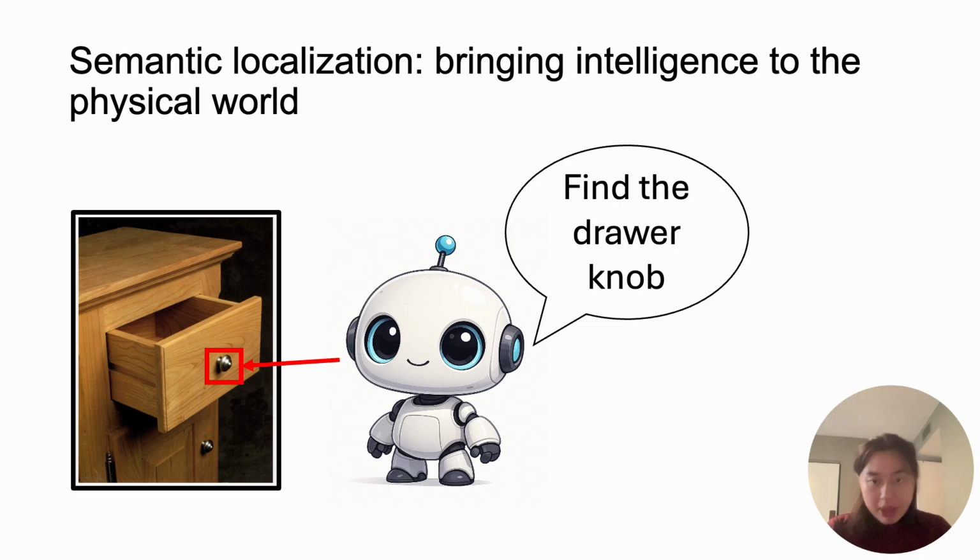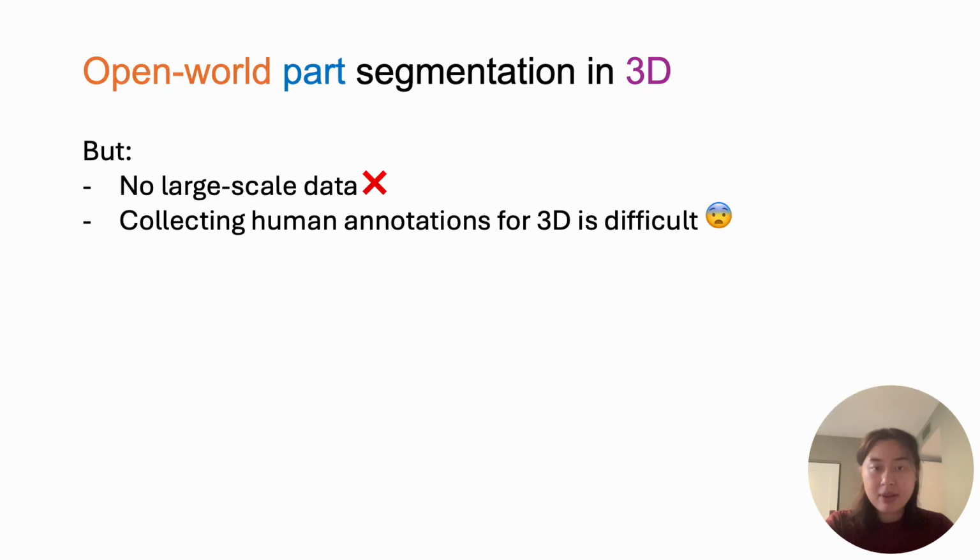Imagine this cute robot wants to find the drawer knob. The task is locating the exact points of the knob based on the language description. You can imagine this capability also has broad applications in AR/VR or design. This task is open-world part segmentation in 3D. I highlight open-world, part, and 3D in different colors because they represent three unique requirements of this task that make